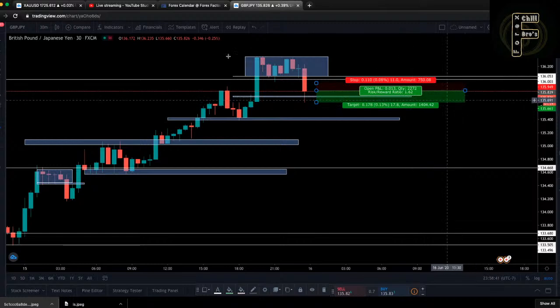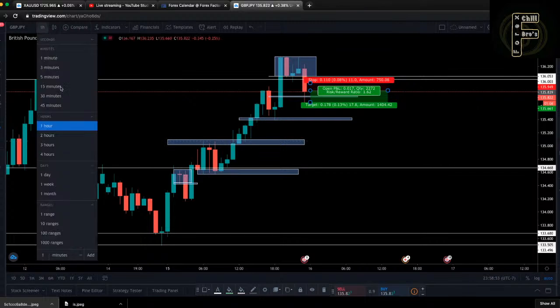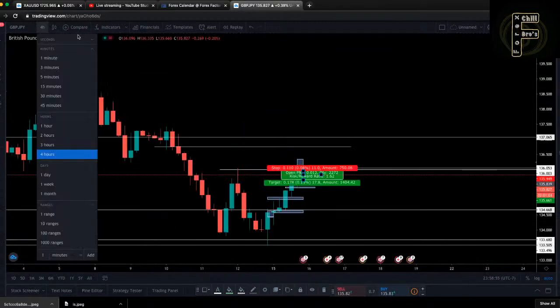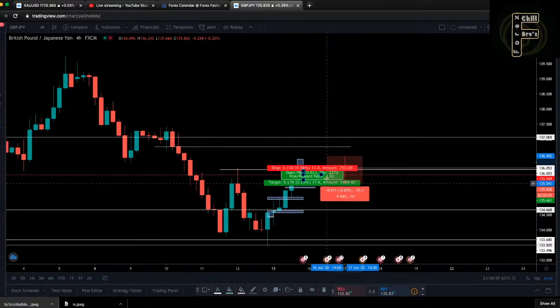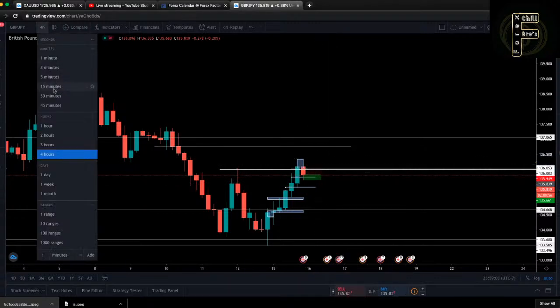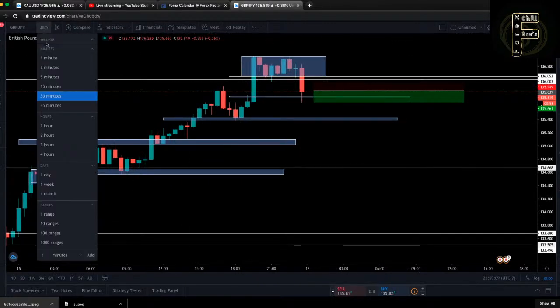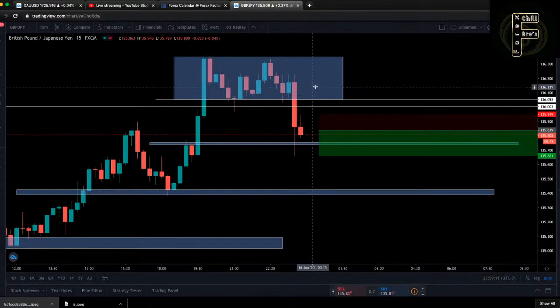The 30 minutes is closing bearish in a minute, but on my 15 minutes, I need to see everything going the same direction. There's high probability everything is gonna go the same way. Hourly is bearish, 4 hours is bearish, 30 minutes is bearish. We're closing in 52 seconds. 15 minutes is bearish, so we're heading back down. Once you see all the time frames doing the same thing, in a minute